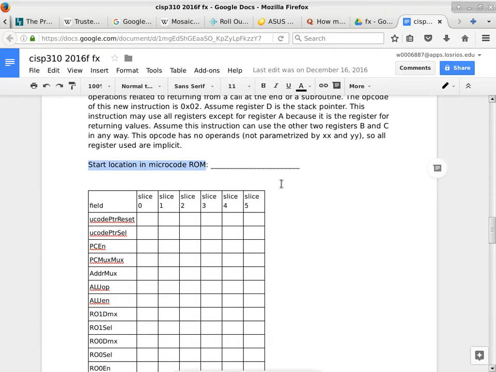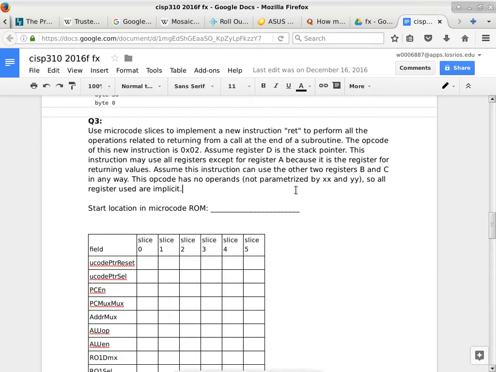No? Can you explain that? Okay, let's go ahead and check out this particular one and figure out what we can do with this. Okay. Use microcode